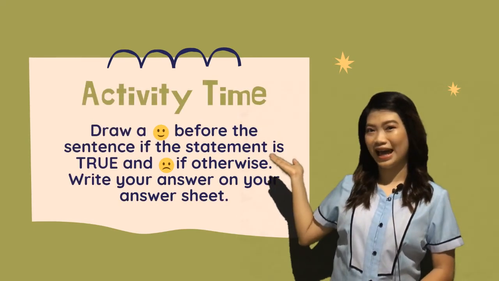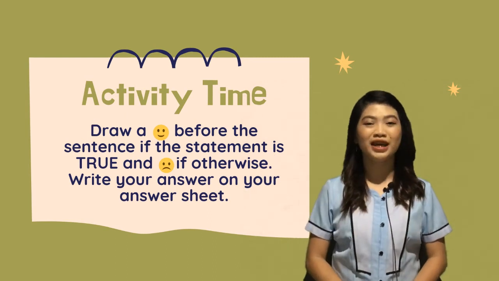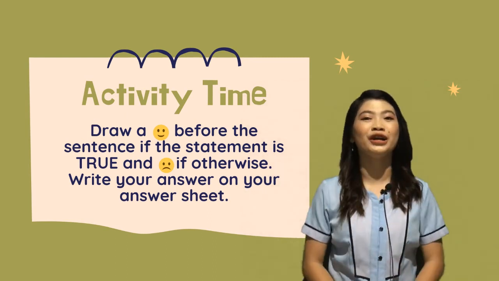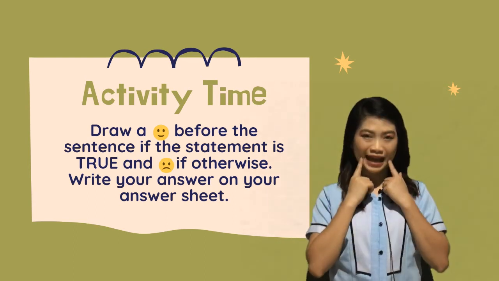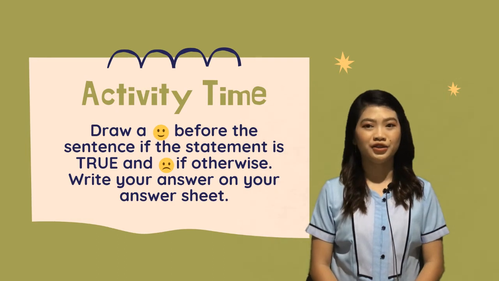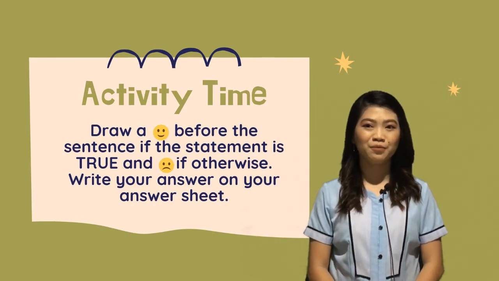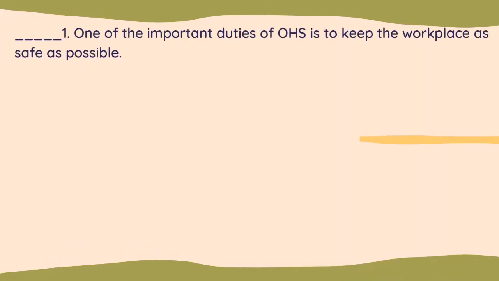It's activity time. The direction is to draw a smile before the sentence if the statement is true, and draw a sad face if otherwise. Write your answer on your pad paper or your answer sheet. For question number 1, one of the important duties of OHS is to keep the workplace as safe as possible. So the correct answer is